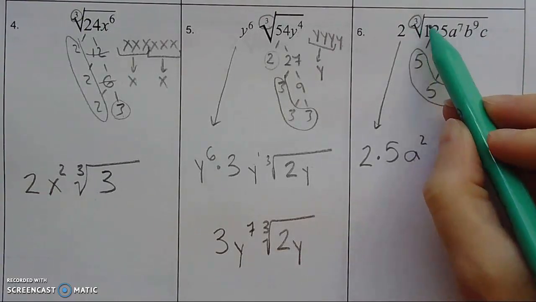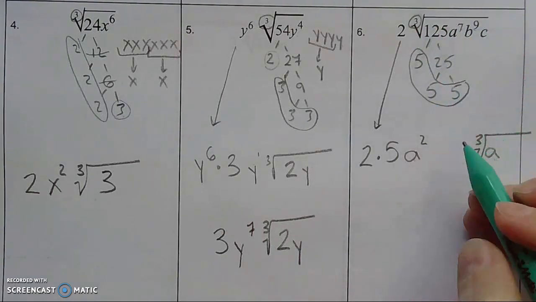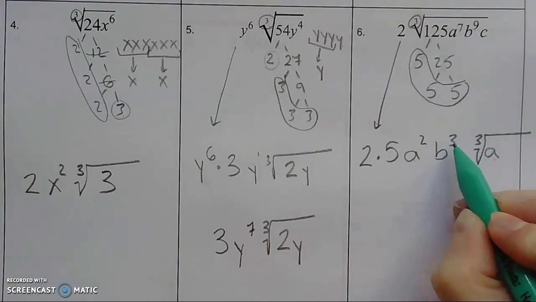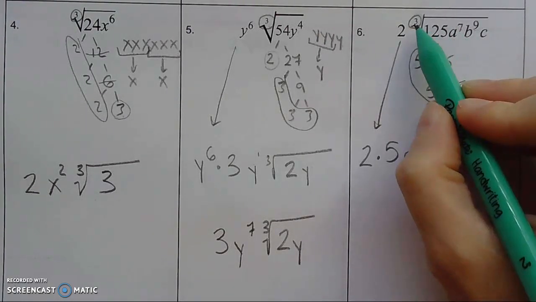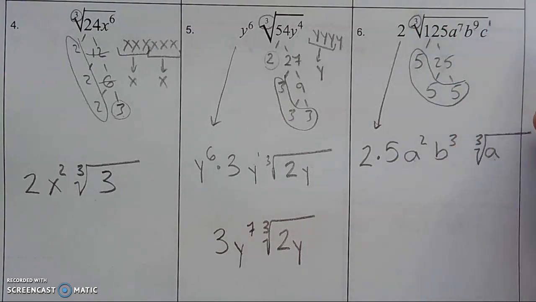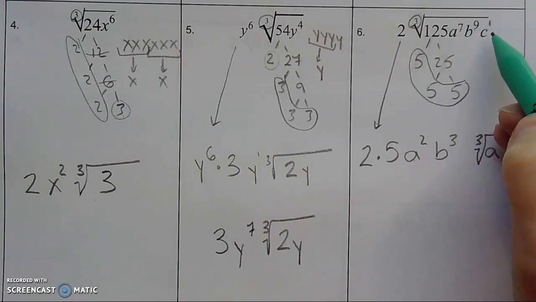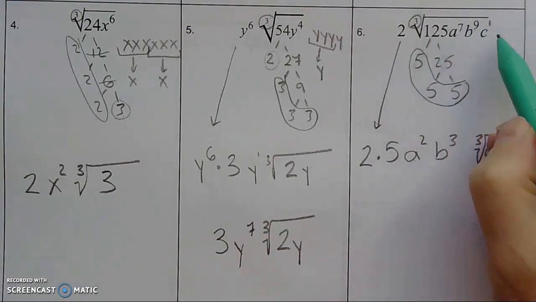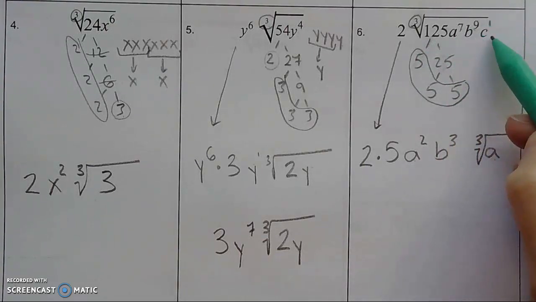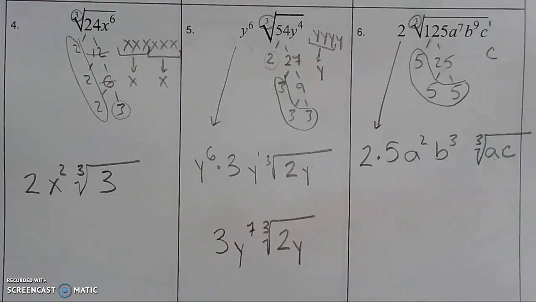Okay, then moving on to B. 3 goes into 9 3 whole times. 3 times 3 is 9. So 3 goes into 9 3 whole times with no remainder, so nothing goes on the inside. And then 3 goes into 1, not at all. 3 does not go into 1 at all because 1 is too small. 3 has to go into 3, 4, 5, 6, something like that. So 3 does not go into 1, so there's not enough C's, if I were to write it out, there's not enough C's to make a group of size 3, so this C just goes straight back inside,